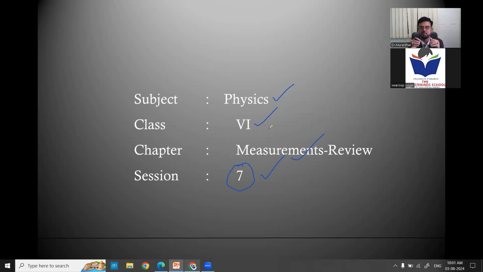Tomorrow we are going to start a new chapter, motion, that is on Monday or Tuesday. Today we are going to conclude this chapter by solving some more worksheet questions, which we already started yesterday, that is last class. Today we'll do some more, and the remaining you have to practice at home. As you all know, maybe on Monday we have an examination, right? So it is very much helpful for you in appearing for the exam on Monday.